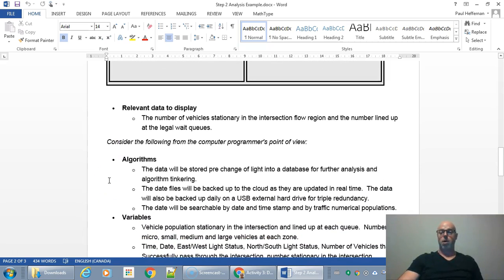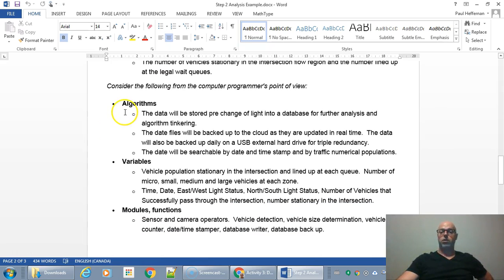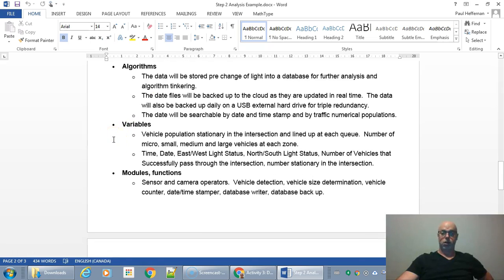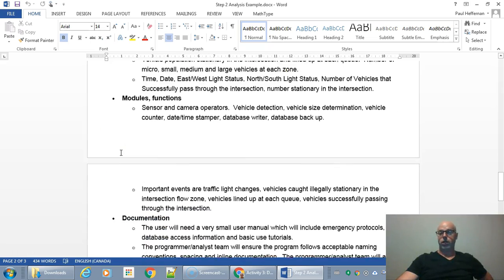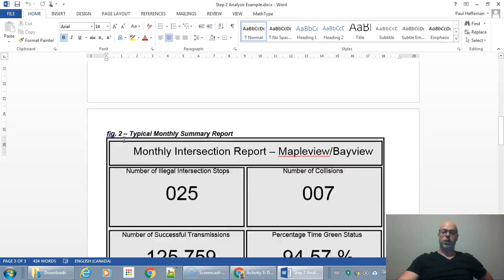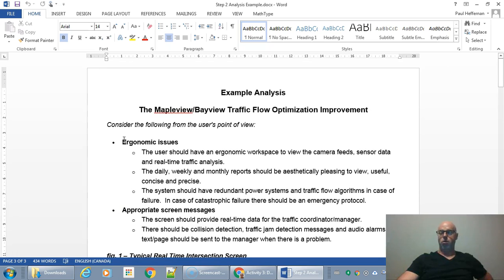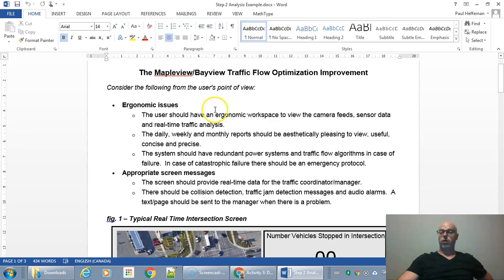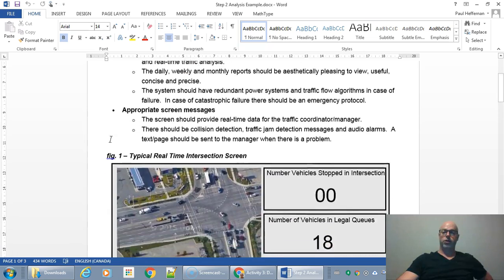So remember, the whole world is data-driven these days, so it's really important to make good use of data. So what is the relevant data? What are the algorithms you're going to be doing? What are the variables? Which modules and functions would you need? And what kind of documentation? So when you make this document for the project, it won't be very long, just a couple pages long. And you may even reuse some of this, like your ergonomic workspace. All right, good luck. So yeah, try to come up with